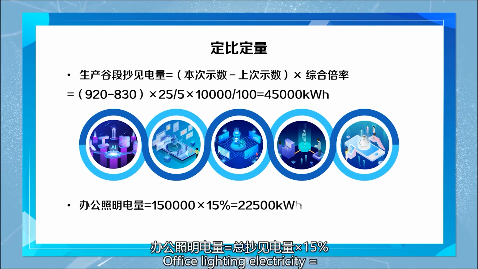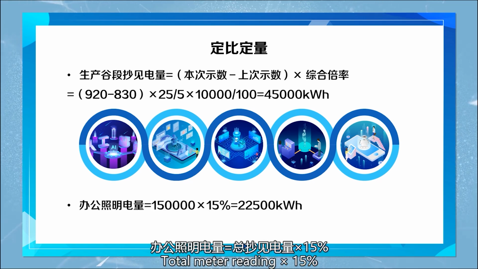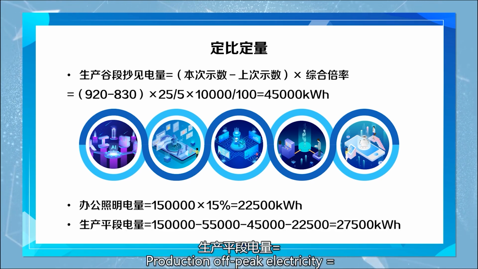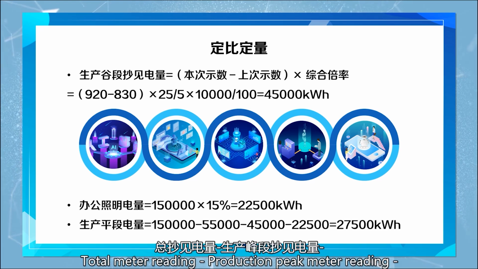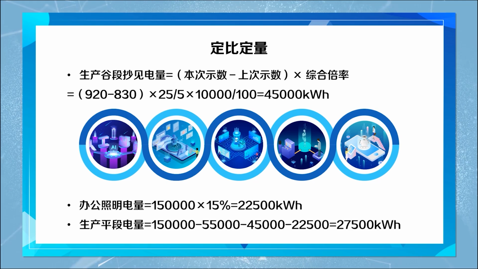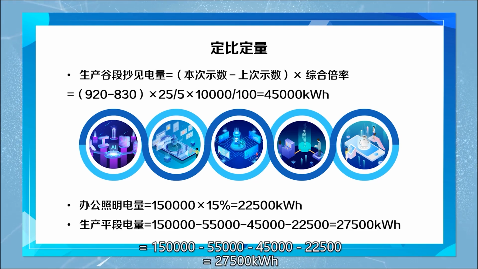Office lighting electricity equals total meter reading times 15% equals 150,000 times 15% equals 22,500 kilowatt-hour. Production off-peak electricity equals total meter reading minus production peak meter reading minus production valley meter reading minus office lighting electricity equals 150,000 minus 55,000 minus 45,000 minus 22,500